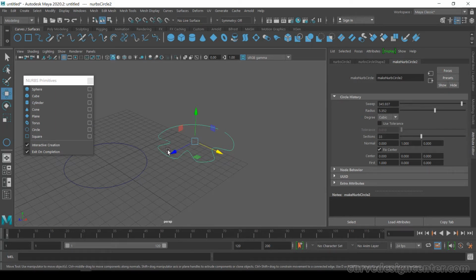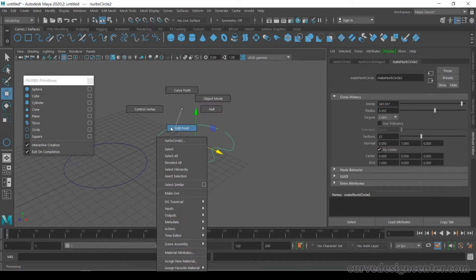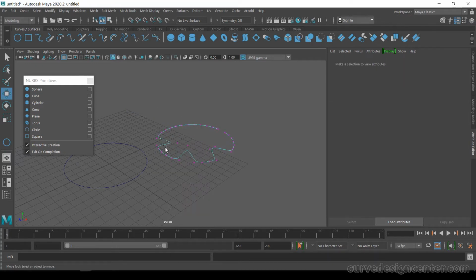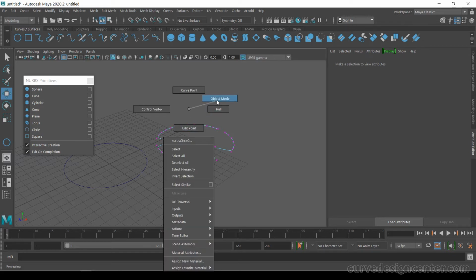And if you want to modify these shapes, right click and hold and choose control points. There are some other options like hulls, but we will discuss these options in later classes. To exit this modification mode, just right click and choose object mode.